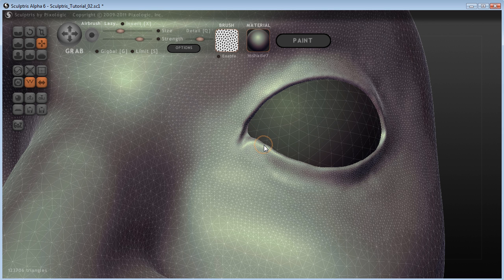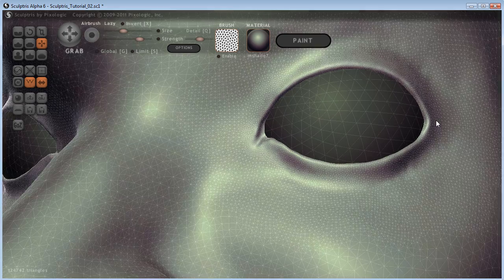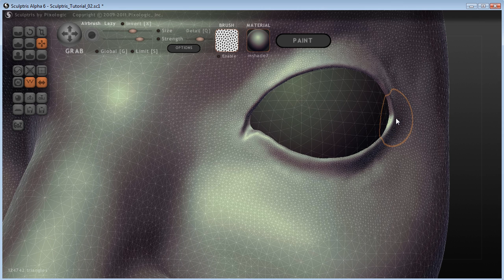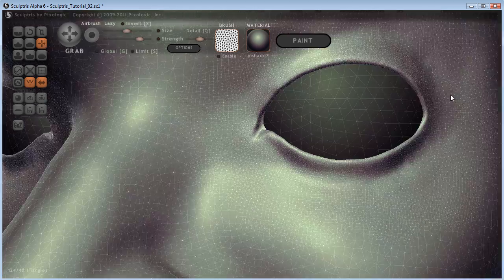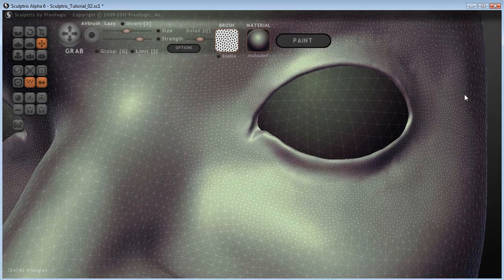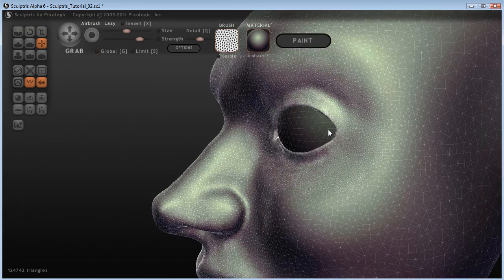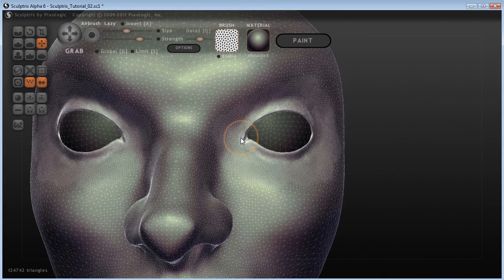Don't want that to be too much of a bump there. So it can be a little bit fiddly. And I'll just bring that corner in, maybe not quite such a big brush. So there we go. Now, with that eyelid looking a little bit better,